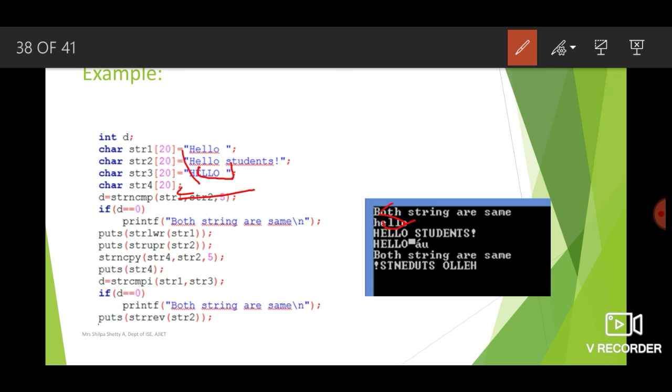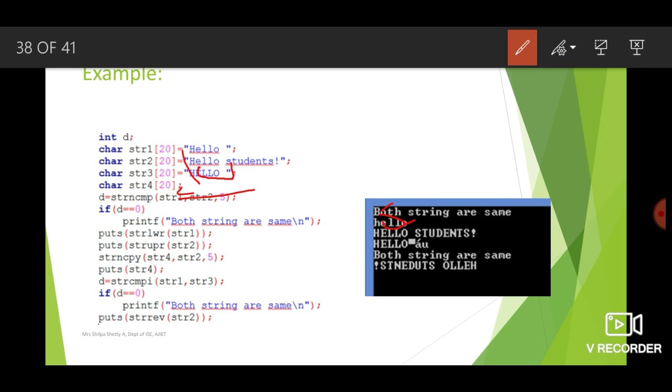Then if d is equal to 0, then it means strings are same. Again we are comparing here 2 times. str1 is compared with str2. Then puts of strrev of str2. So we will find the reverse of the second string here, of str2.